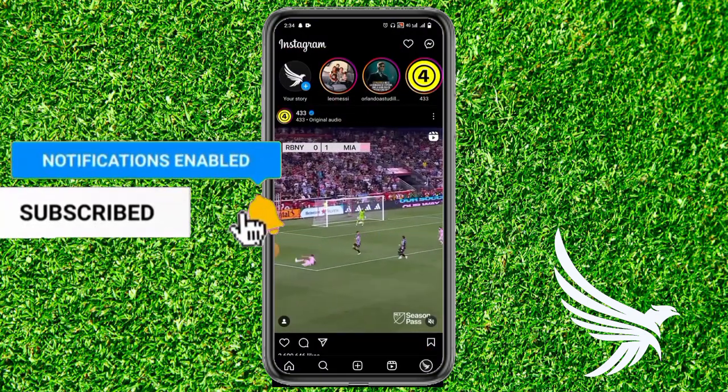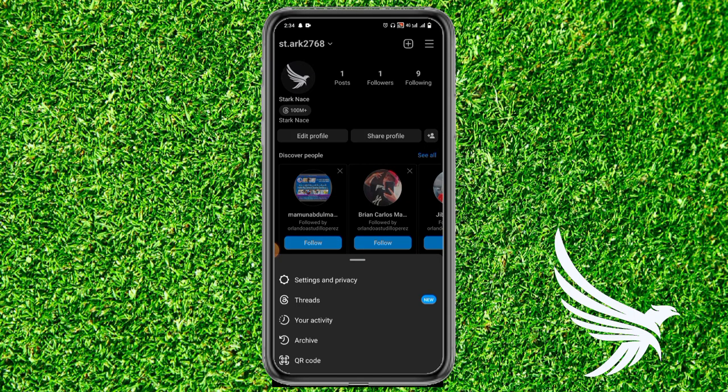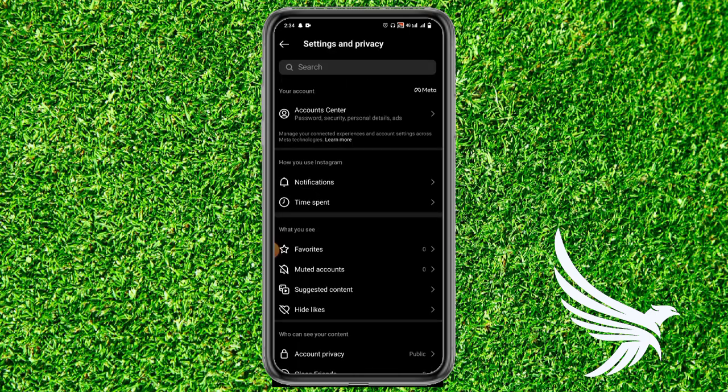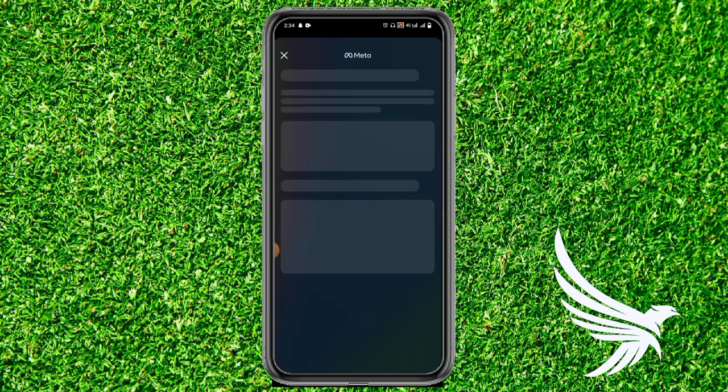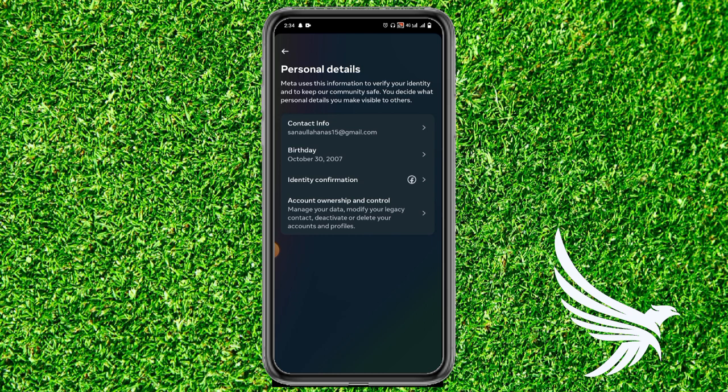After that, just simply come to your profile section, and then here you can see the three lines on the very top right. Just simply tap on the three lines and you will get a settings and privacy option. Just simply tap on that option and tap on account center and go to personal details and click on account